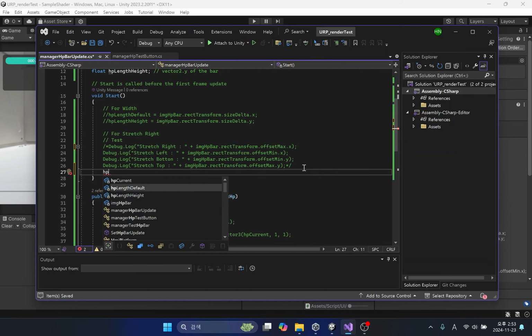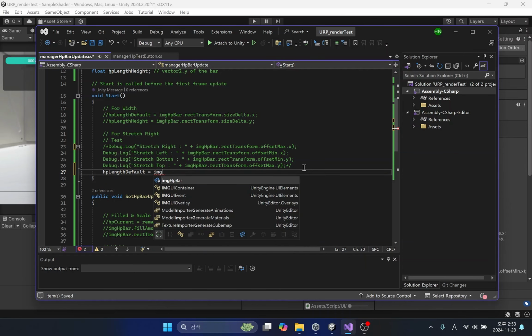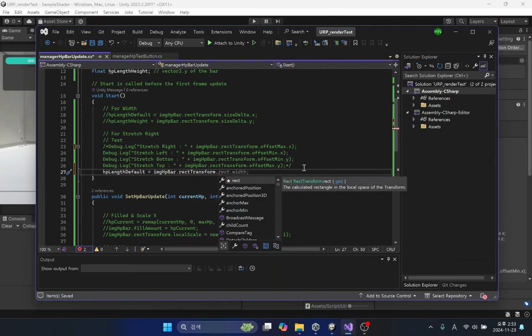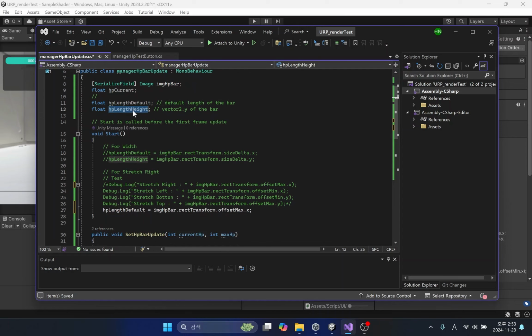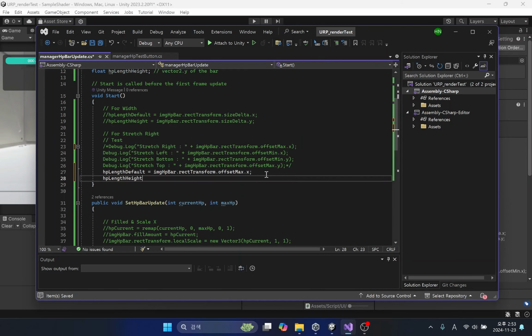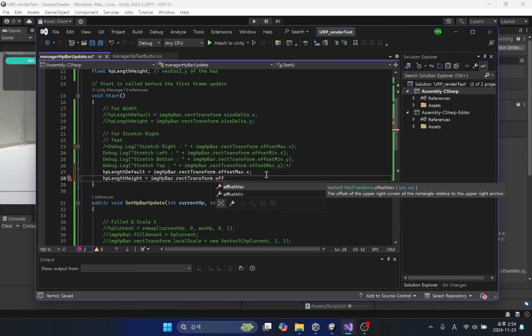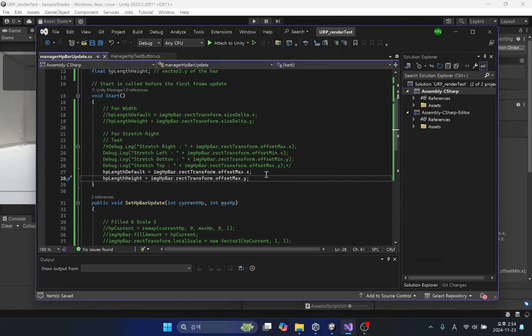Let's apply the default value as the x value of offset max. The height value of the image will be applied to the y value of offset max.